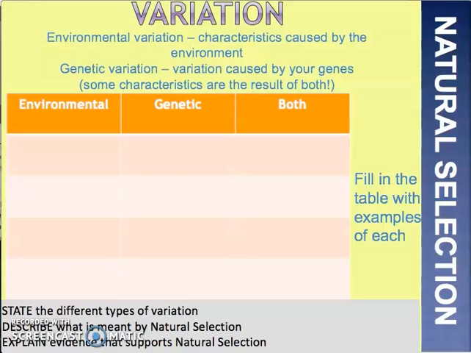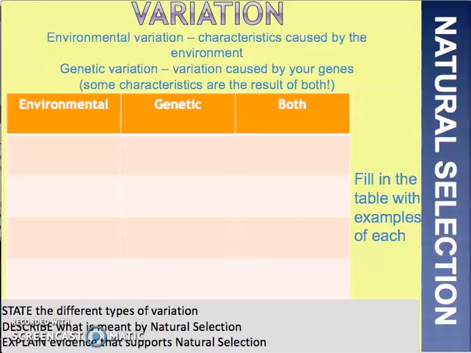So just like the word variety in the English language, a variety means differences between things. So you might get a variety of crisp flavours. You might get a variety of colours on a colour palette when you're doing art. So variety means differences. So for variation in biology, environmental variation are the different characteristics caused by the environment, and